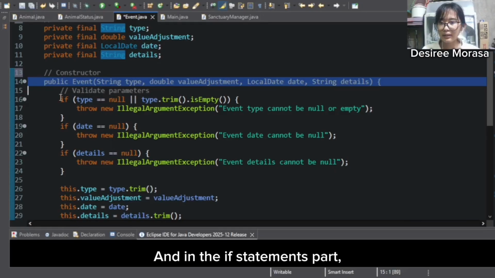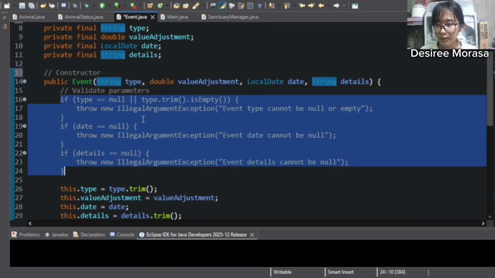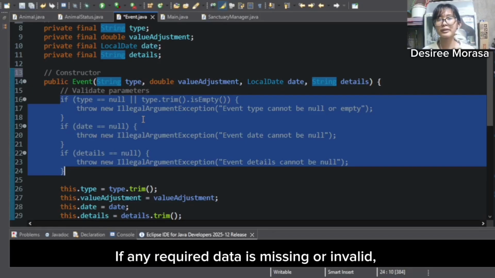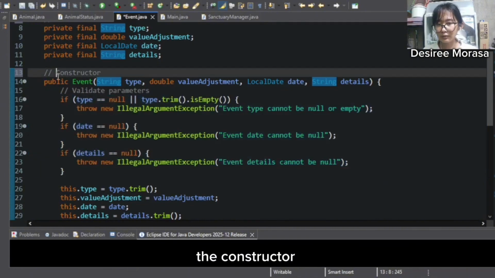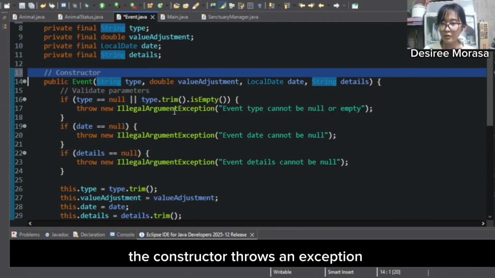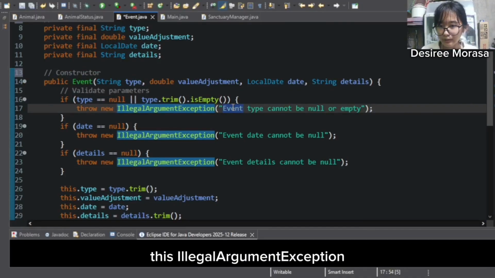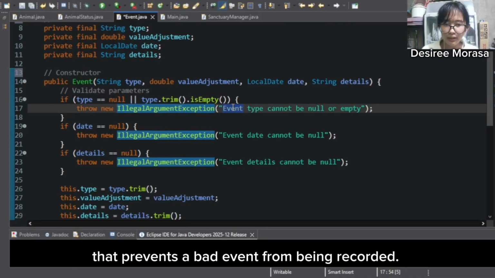In the if statement part, these checks validate the input before the object is created. If any required data is missing or invalid, the constructor throws an IllegalArgumentException that prevents the event from being recorded.